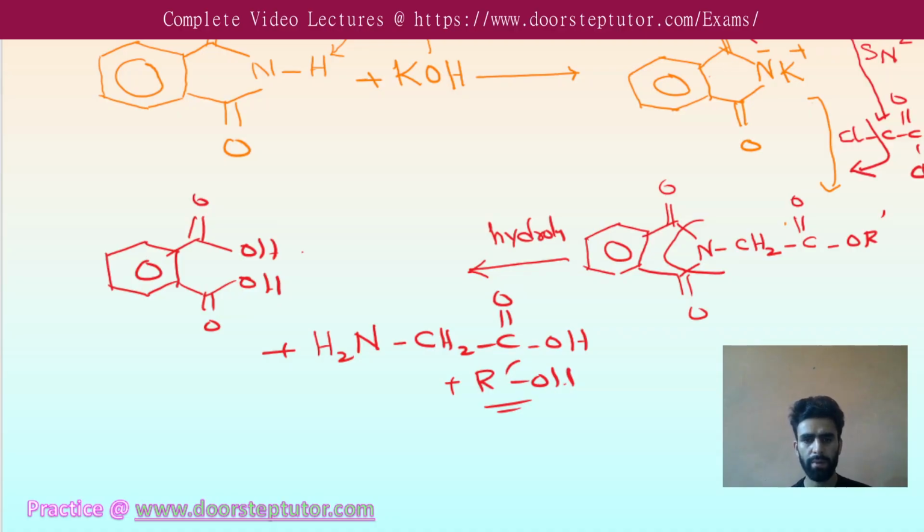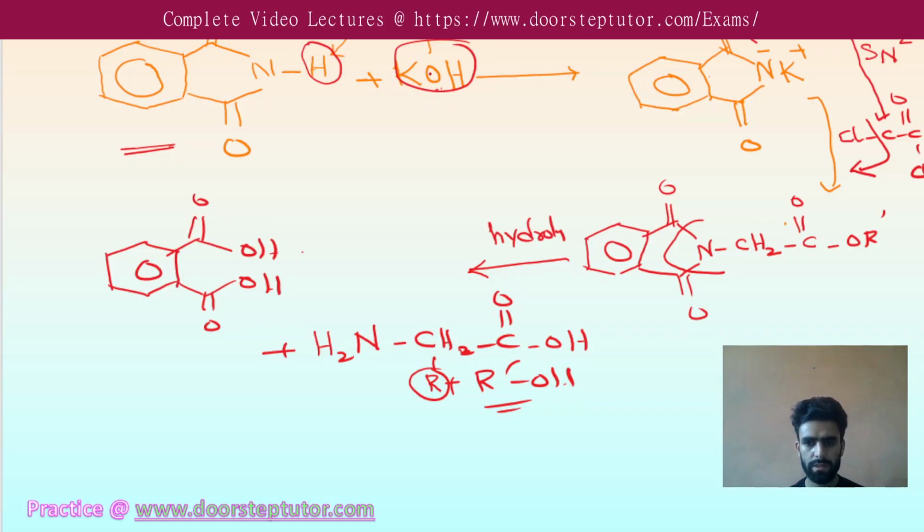Here we actually have one CH, and there can be different R groups. So this type of synthesis is called Gabriel Phthalimide synthesis. The starting material here is phthalimide. Phthalimide is treated with potassium hydroxide. Since this hydrogen is acidic in nature, and here we have a basic species,